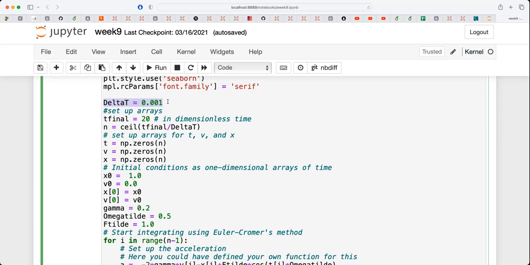So you're going to see that you have a conservative force in the midterm. And that means that when you test energy conservation as a function of time, energy should just be as flat